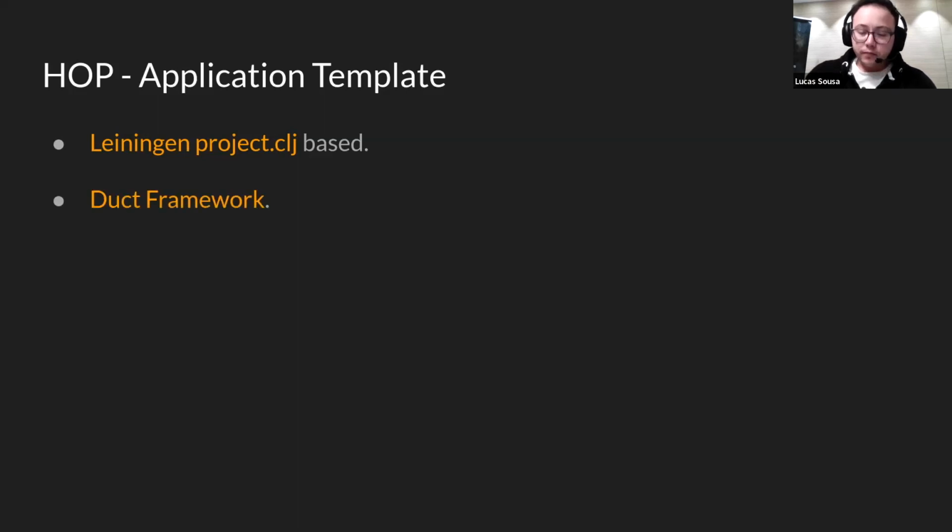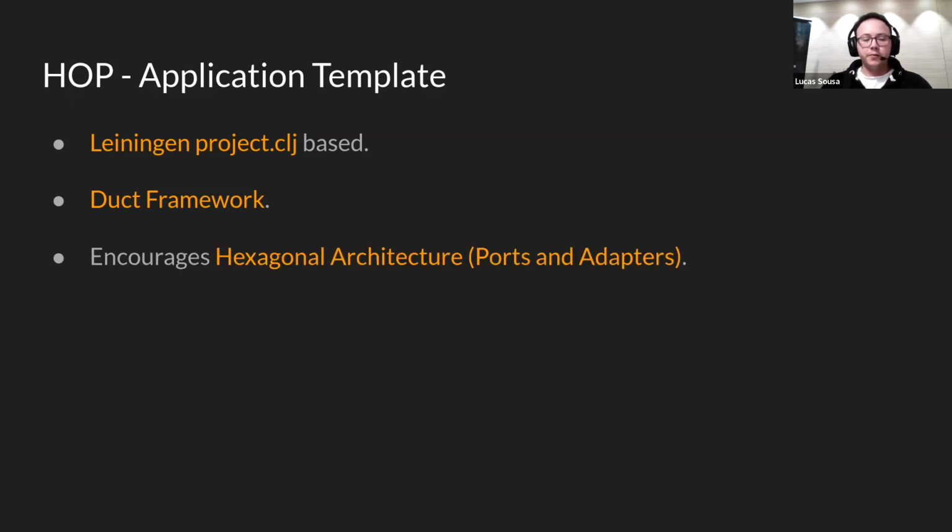Duct framework, which is a very important piece of the application template. It's the framework that we have used and that we have put in Hop. And if you may know, Duct is a dependency injection framework, and we have used it for many years now, and also beta tested it in production many times. And we like it a lot because it also fits and encourages the hexagonal architecture, the ports and adapters architecture pattern, and we feel it's a good way of